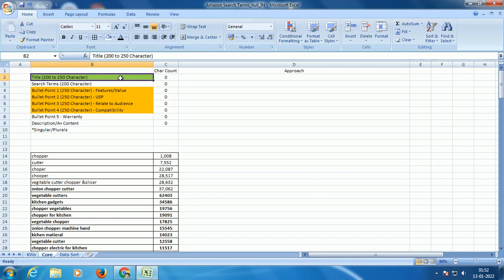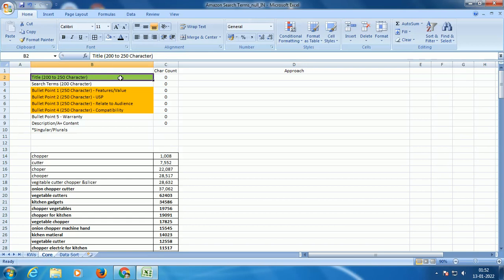When Amazon is crawling through the title and finds your keyword, it will understand and try to relate your product to the customer search term. The title weighs a lot in the Amazon algorithm.